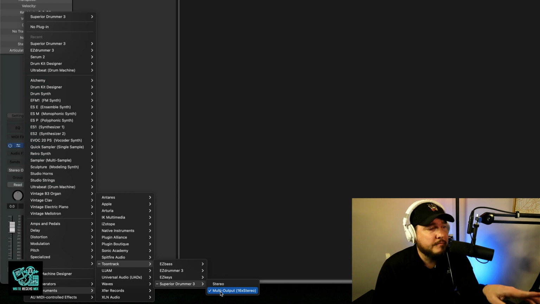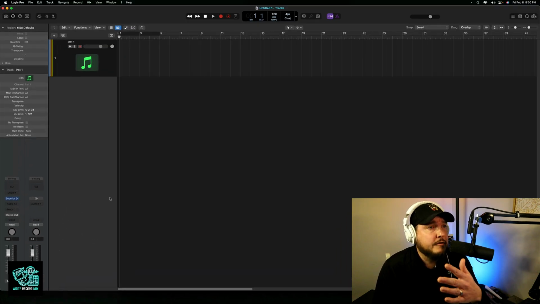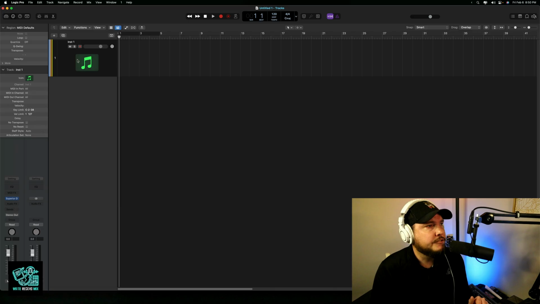Okay. So it may launch the stereo version. Just make sure that you're running the multi-output version. As mentioned in the first video, if you by mistake build your whole session out using the stereo instantiation of the plugin, you can switch it to the multi-output and you won't lose anything. But sometimes it's good to just start like that from scratch. Okay, so if we come into Superior Drummer